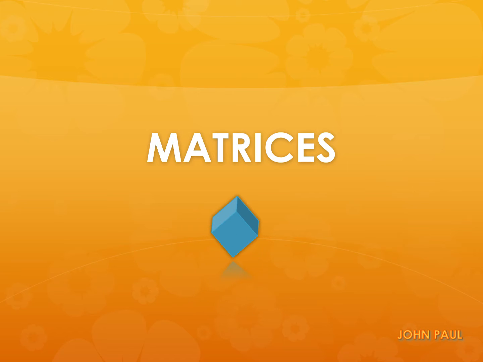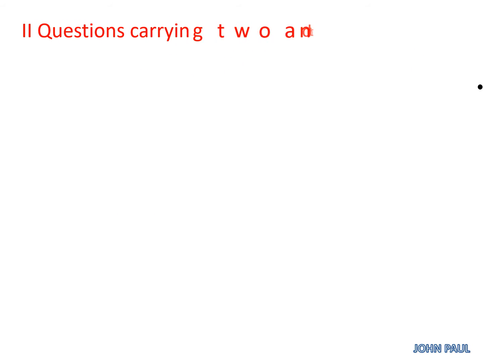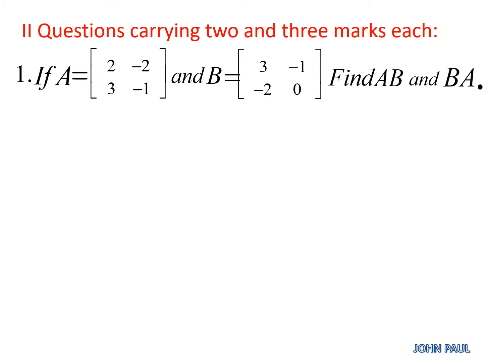Matrices. Two and three mark problems. First problem, if A and B are a matrix, find AB and BA. Solution,